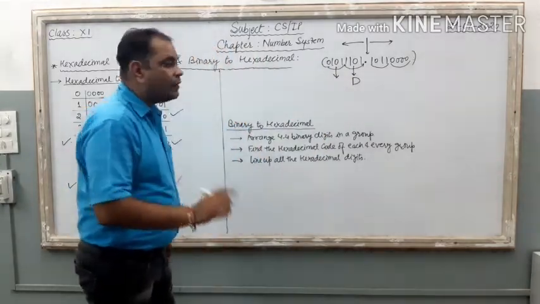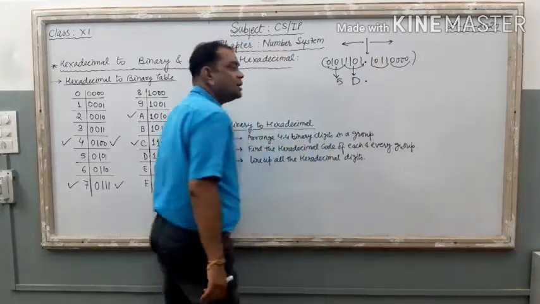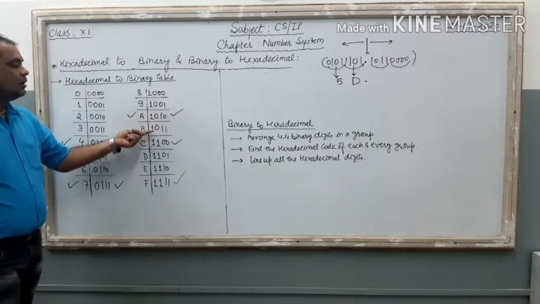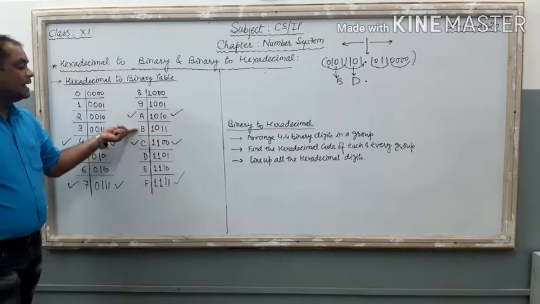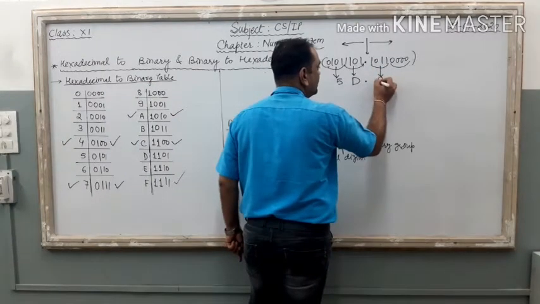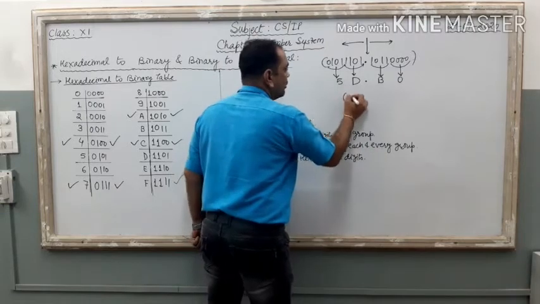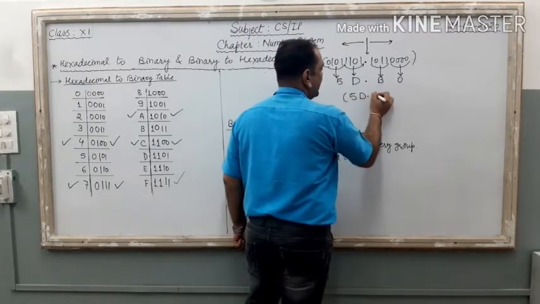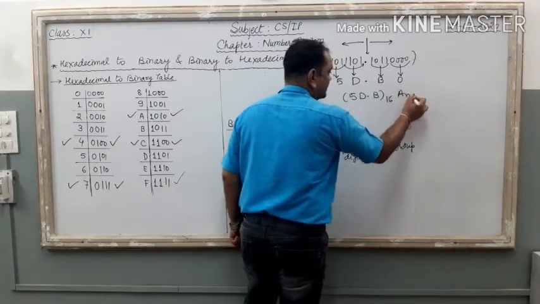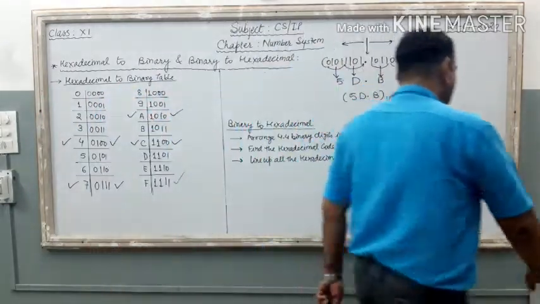0101, it is the binary code of 5. Just write 5 over here, then dot. 1011. The binary code of A is 1010. 1011, it is the binary code of B. So here you just put B. Then 0000, it is the binary code of 0. Now the overall result is 5D point B raised to 16. It is the result, it is the answer. Very simple process.